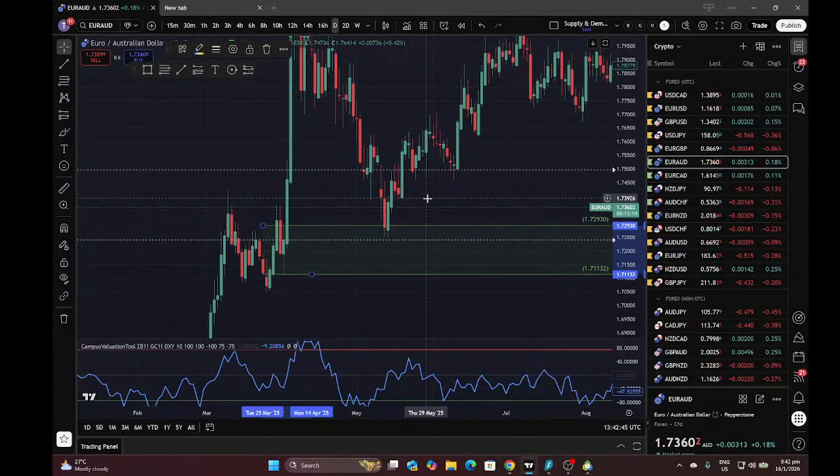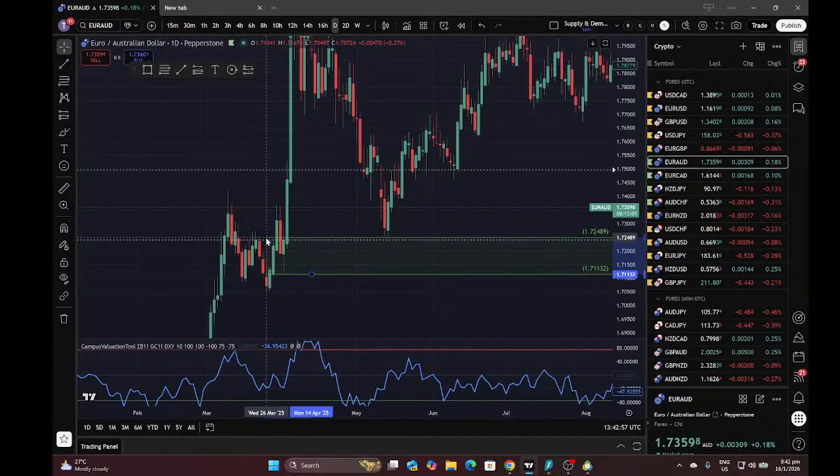So what happened now, if you see, this zone in particular is being mitigated on the wider zone, but if we move to the preferred one, which is only looking at the body onwards, it's still not mitigated yet. That's probably why I have one of my trades placed over here on another chart,